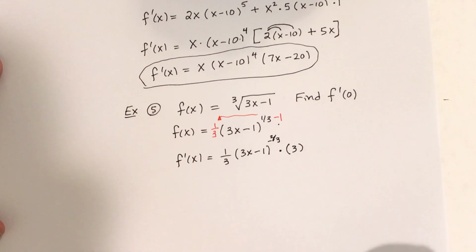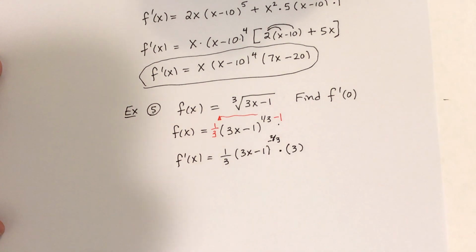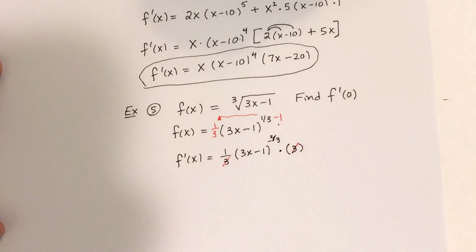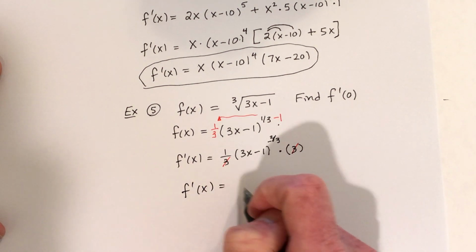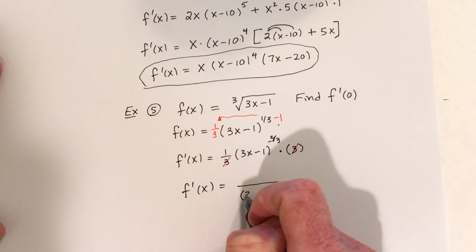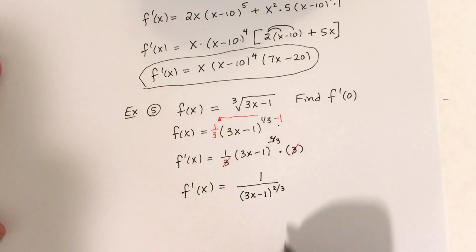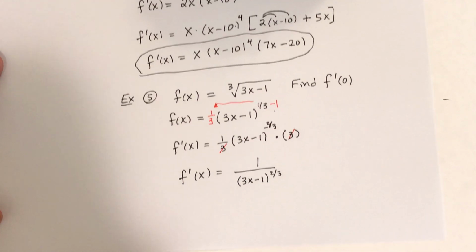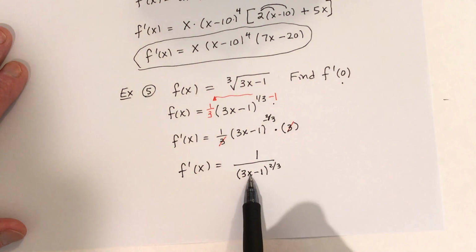And I should simplify. For 1, I don't like to use negative exponents, so I'm going to fix that problem. Also, this 3 on the bottom will cancel this 3 on the top. And then to eliminate this negative exponent, then just invert it or put the 3x minus 1 to the positive 2/3 on the bottom of a fraction, and that gets rid of the negative exponent. And then the last thing is substitute in a 0 for x. So put a 0 right here,